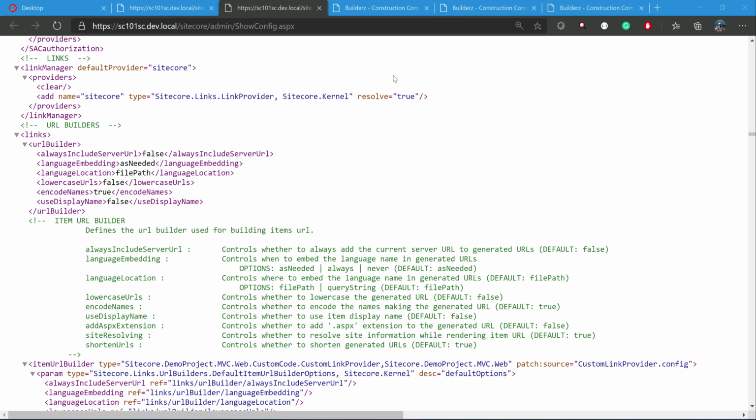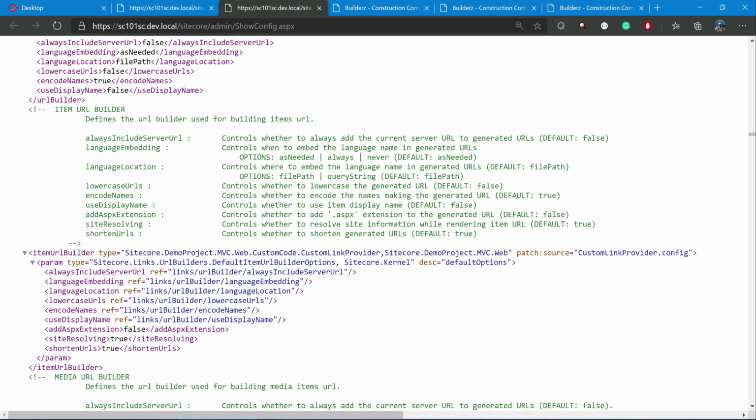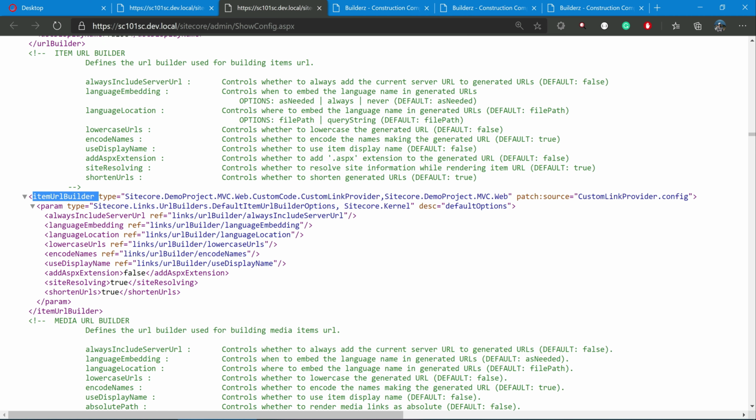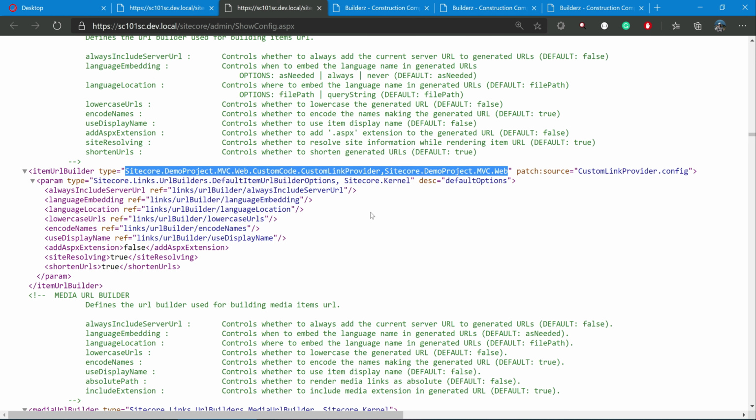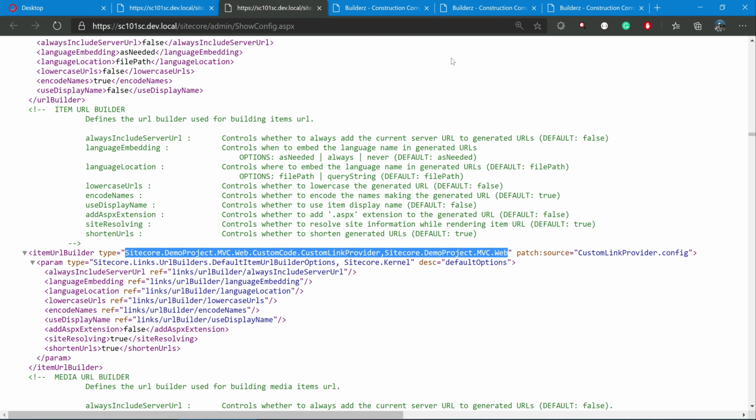So let's see. Yeah, here we have links URL builder, item URL builder now. So you can notice that in the Sitecore demo project, our custom link provider is appended here. I mean, patch instead. And yeah, there are no two item URL builders.